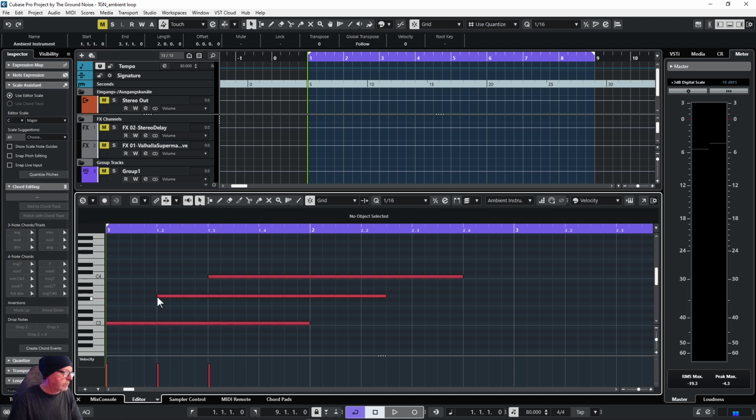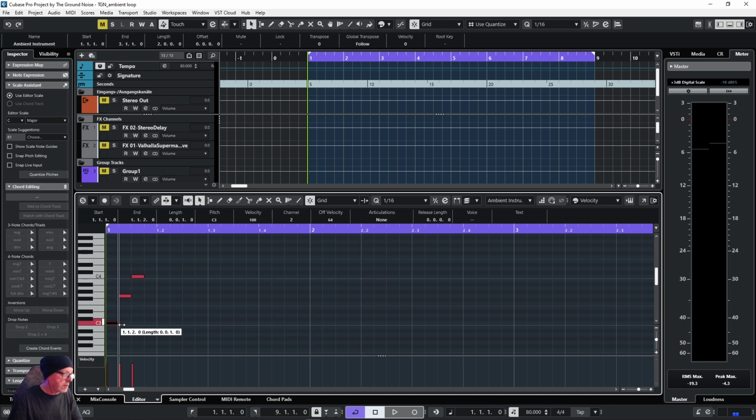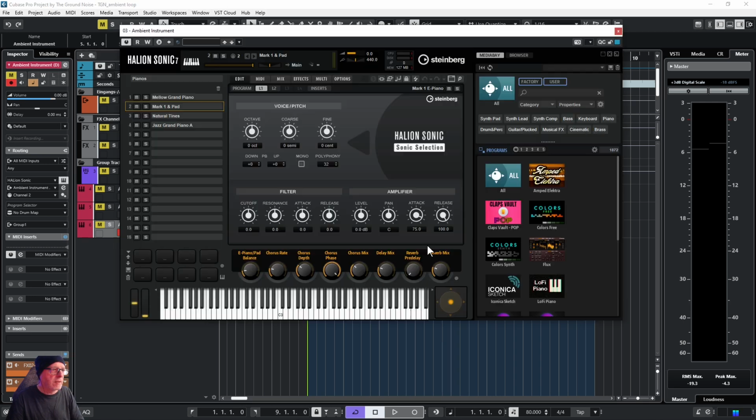Or we can just move some of our notes here, make it really short, and add another one. Very basic, you don't need to come up with complicated arpeggios or something. Make it really short, and maybe we put it here, and I want to change the attack time again,